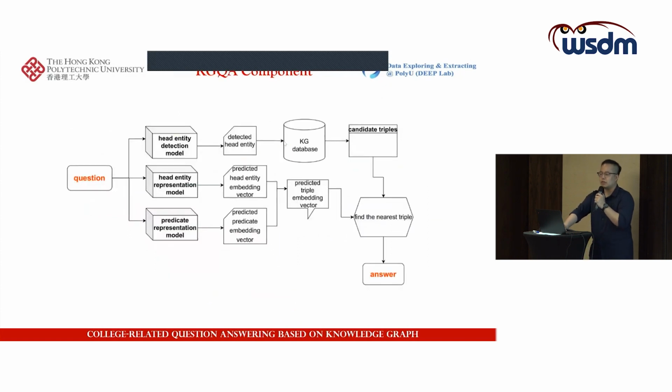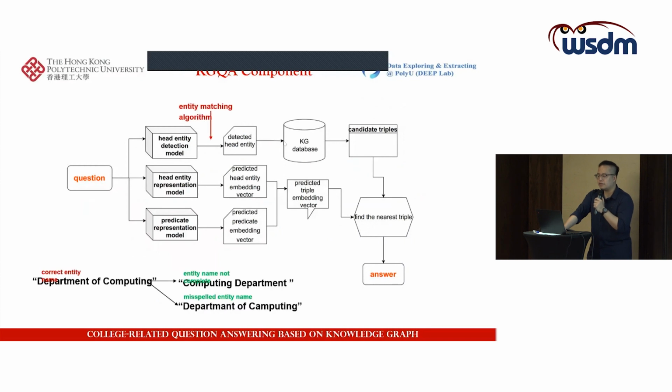So here we go to the KGQA component using the knowledge graph embedding method. Also in parallel, we have two major algorithms: first, to detect the head entities, and then a representation learning model for learning the vectors for entities and the predicates, which are the relations. And to improve the entity matching algorithm, because we have a lot of disambiguation problems in the real world for user input in natural language questions,